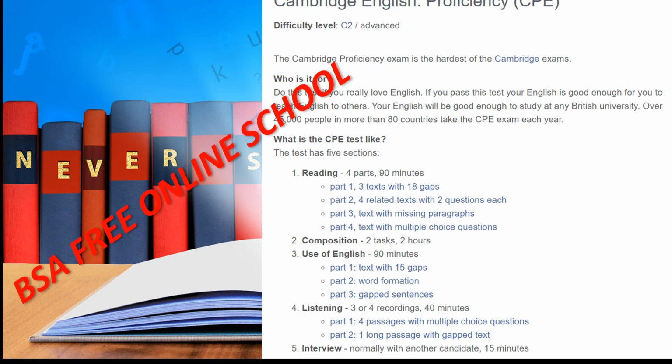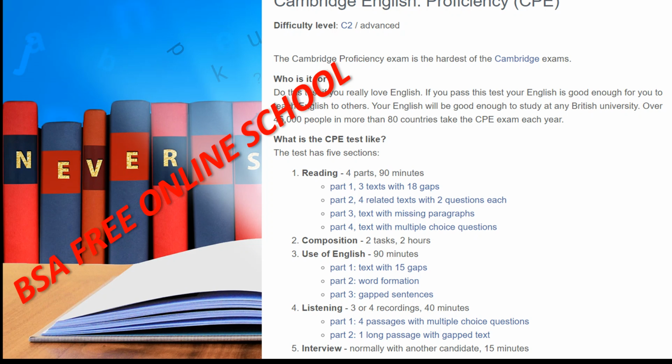So let's go through the components. Reading has 4 parts and use of English has 3 parts. You will have 90 minutes for reading and 90 minutes for use of English as well.